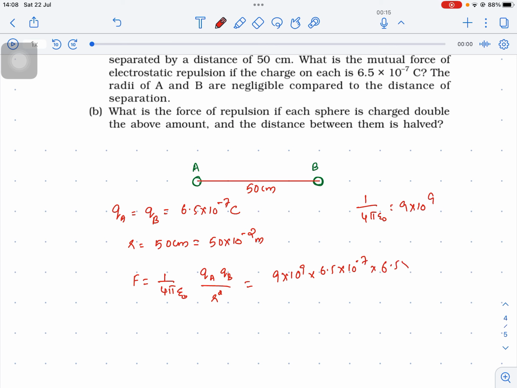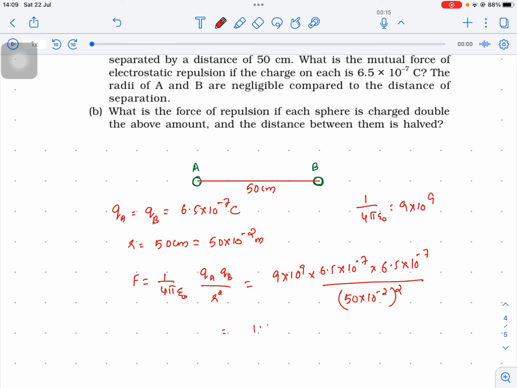QB is also 6.5 into 10 to the power minus 7 by separation 50 into 10 to the power minus 2 whole square. So this is the method through which you can substitute those values, and the answer is, you just multiply these things. So when you multiply this you will get the answer